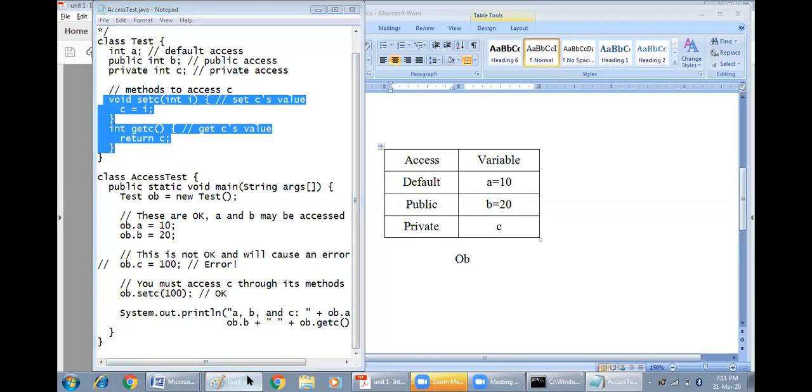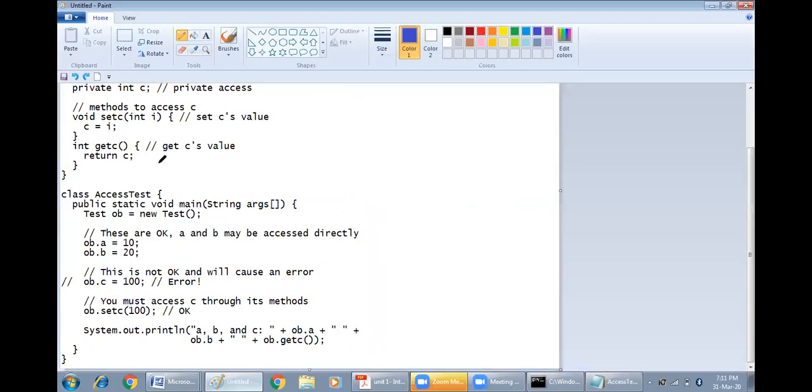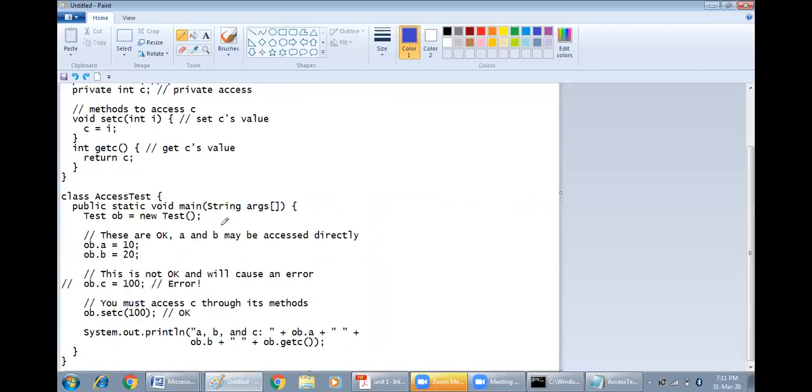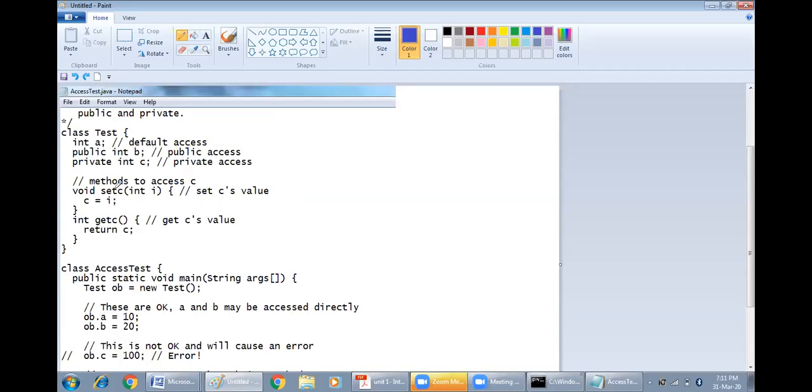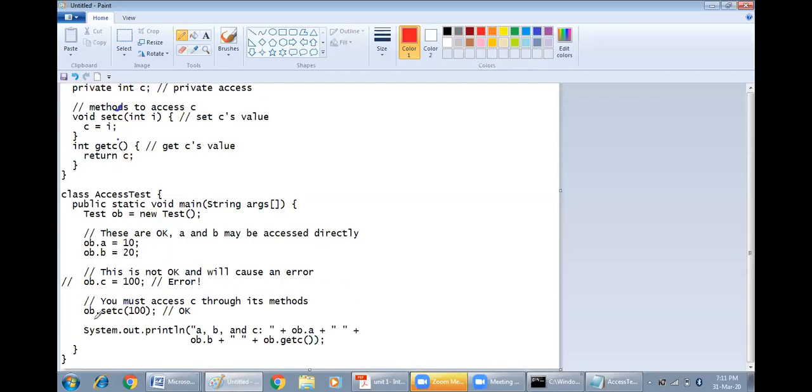I'll come back to this. I have copied the same program to Paint for better explanation. I can access C with the help of a member function, because this class has two member functions, setC and getC. Let me explain this statement.